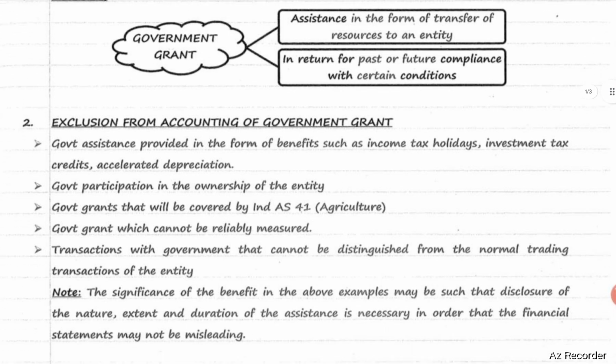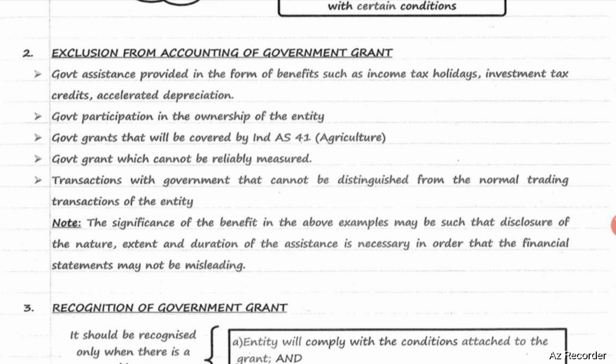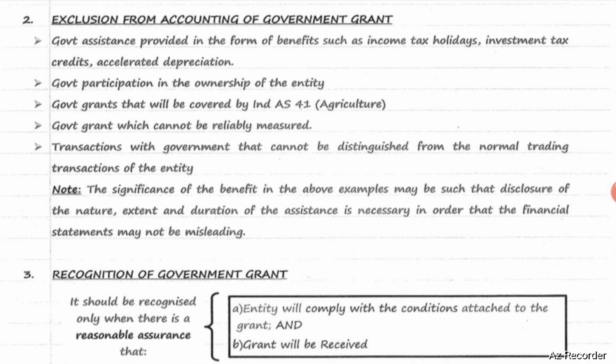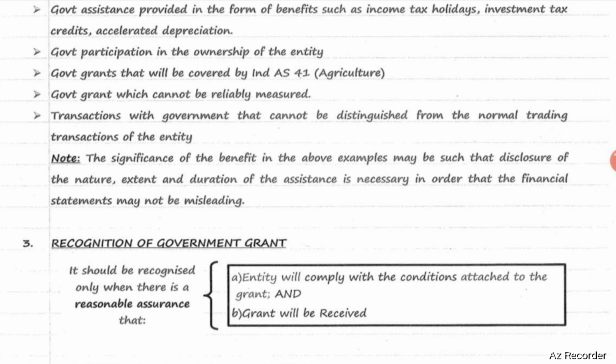Exclusion from accounting of government grant, for which Ind AS 20 is not applicable. Government assistance provided in the form of benefits such as income tax holidays, investment tax credits, accelerated depreciations. For this, Ind AS 20 is not applicable. Government participation in the ownership of the entity, government grants that will be covered by Ind AS 41, agriculture, government grant which cannot be reliably measured, transactions with government that cannot be distinguished from the normal trading transactions of the